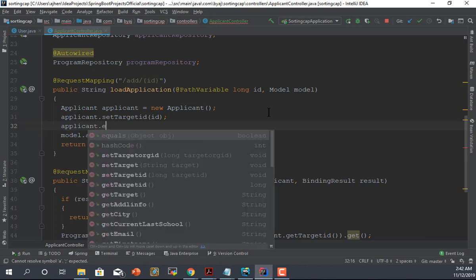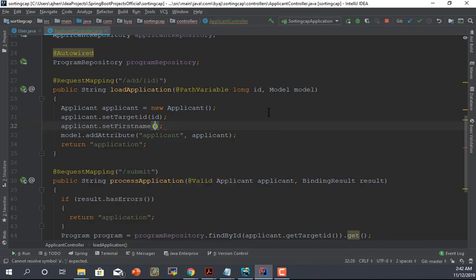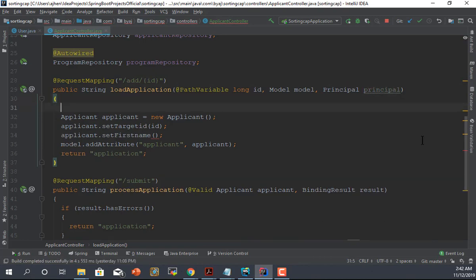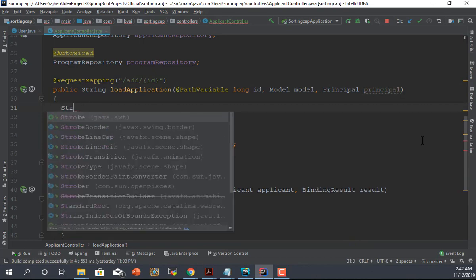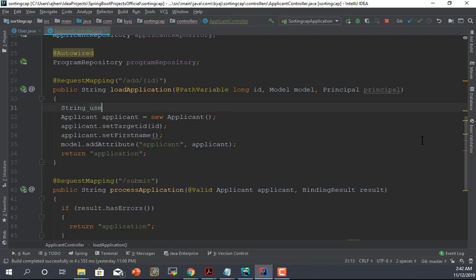applicant dot set first name, and we're going to need to grab the ID of the current user. So we're going to use principal, and then create a string for the username equal to get name,